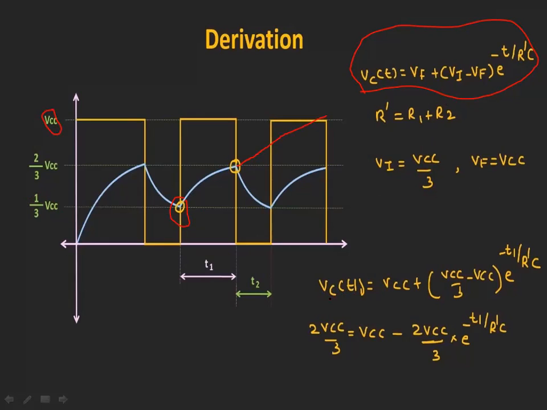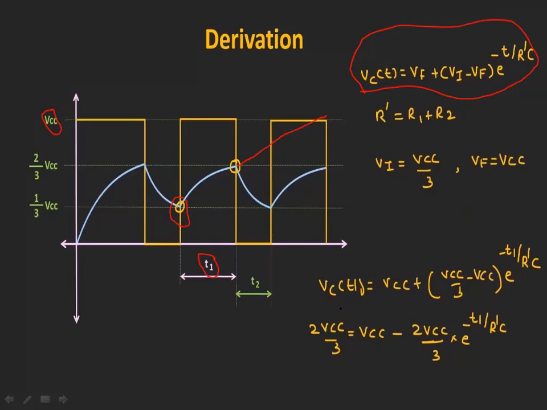So what happens? At time period T1, we are going to consider the charging time period, that is T1. So at time period T1, T is equal to T1. So VC of T1, in the place of T we are going to write T1, is equal to V final. V final is nothing but VCC, plus V initial, VCC by 3, minus V final, VCC, into E power minus T1 divided by R dash into C. So by solving this equation, 2 VCC by 3 is equal to VCC because